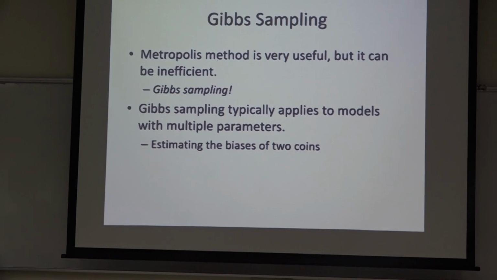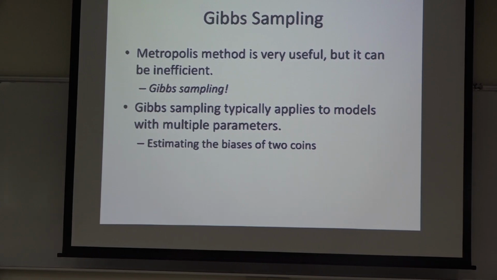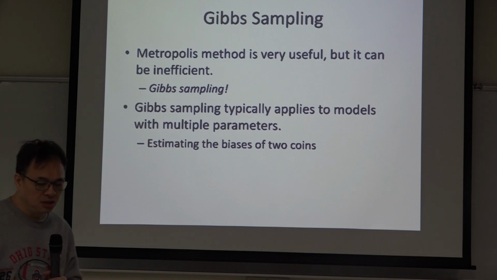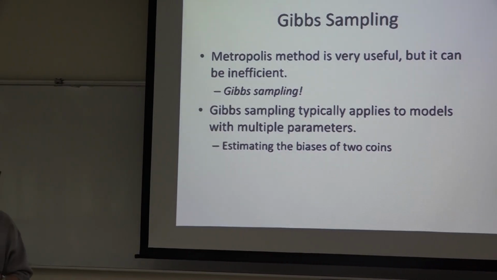Last lecture, actually yesterday, we talked about the Metropolis algorithm, right? The Metropolis algorithm provides us a much easier way to compute the posterior, without doing the integration, which normally is the most difficult part of Bayesian inference. And by using the Metropolis algorithm,